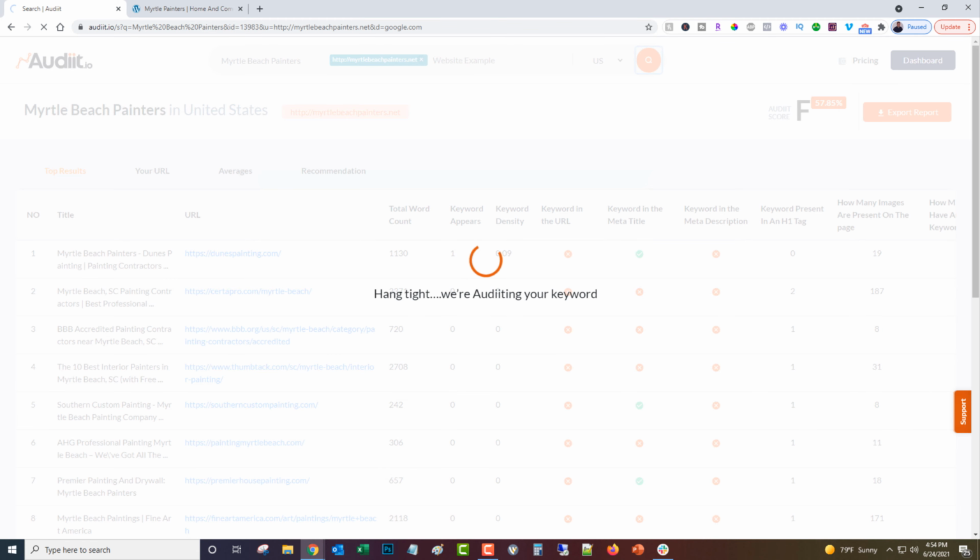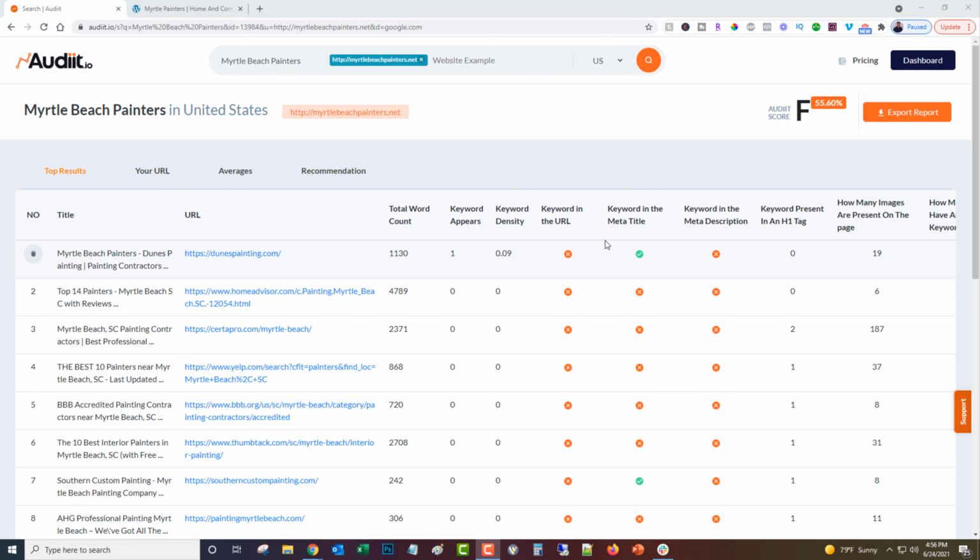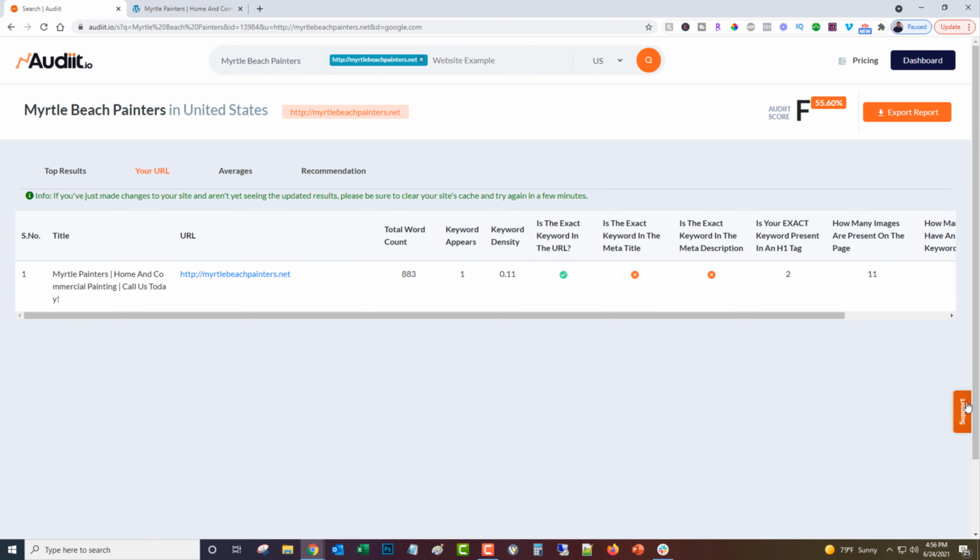So I'll pause one more time. You can see the data is all exactly the same. We worked out some of the bugs that were coming up in scraping these, but from time to time you'll find a URL that you have trouble with. If you do, just hit up our support over here. The averages, and then